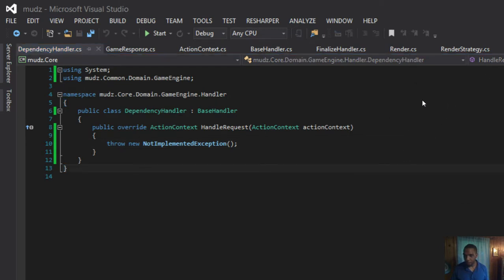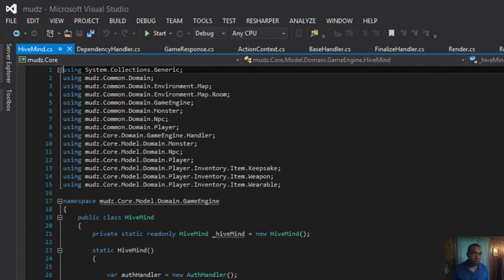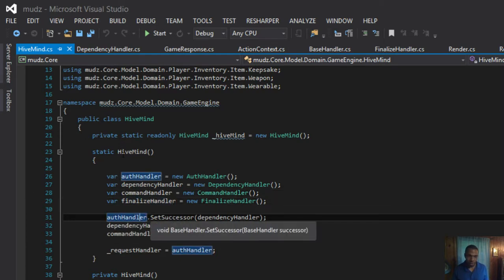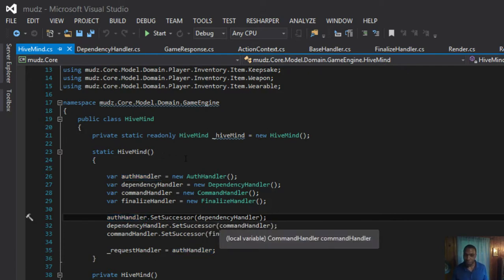Let's go back into our core, into our hive mind. Right, so now we've got these four steps in our chain of responsibility. We've got our authentication or authorization, dependency handler, command handler, and finalizer. Once our auth handler is done, it's going to pass its action context to the dependency handler.